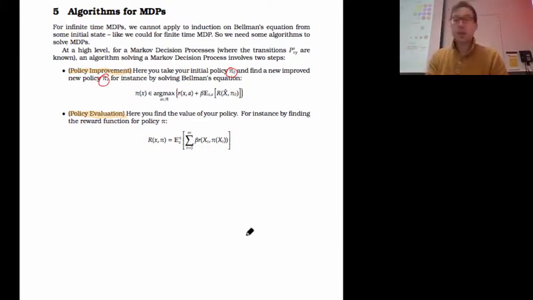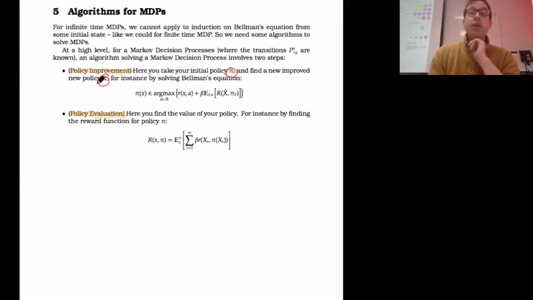So, for example, you might do the following. You let your new policy pi be the maximum of the instantaneous reward, given that you follow policy pi 0 from thereafter. So it's saying, if I'm going to follow policy pi 0 from time 1 onwards, what is the first action I should choose at time 0? That's some action that you take in order to make your policy ever so slightly better than the previous policy.